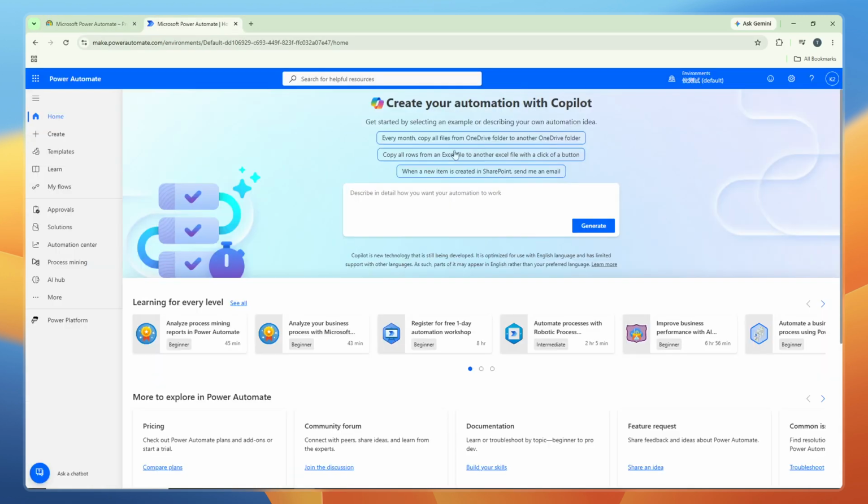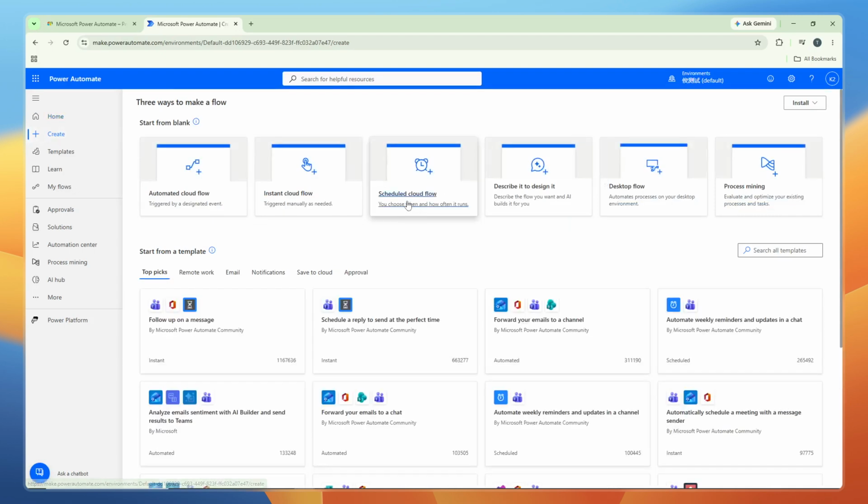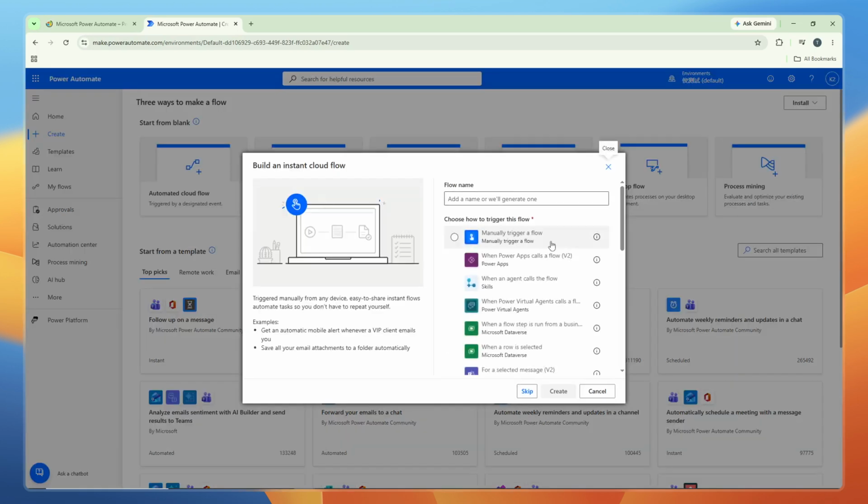After logging in, look at the left side of your screen and click on Create. This option opens up various flow templates and creation methods that Power Automate offers. From the options that appear, click on Manually Trigger a Flow. This allows you to create a workflow that you can run whenever you need it, rather than on a schedule